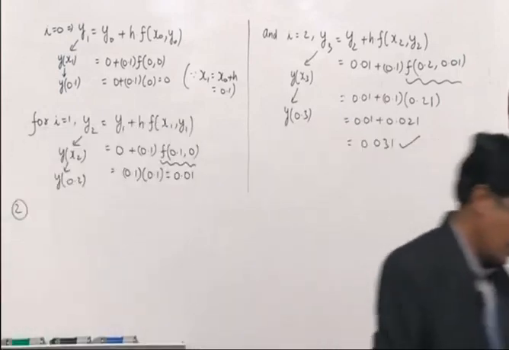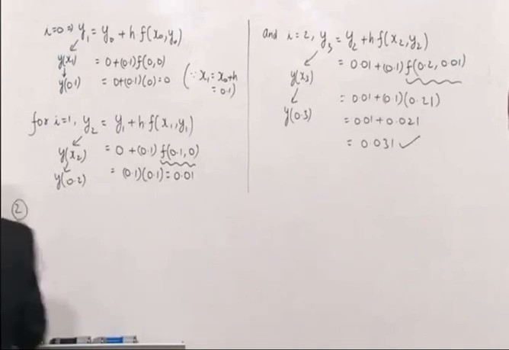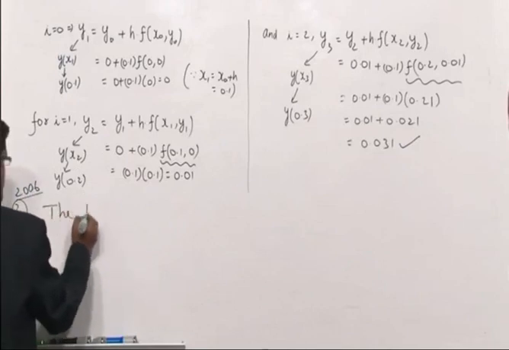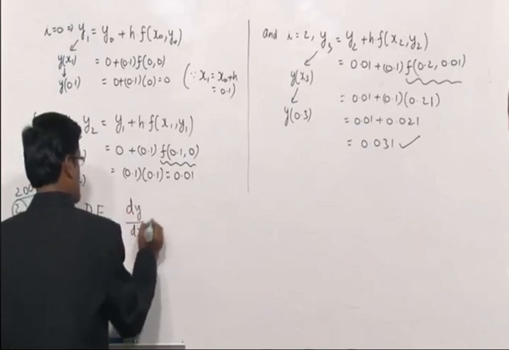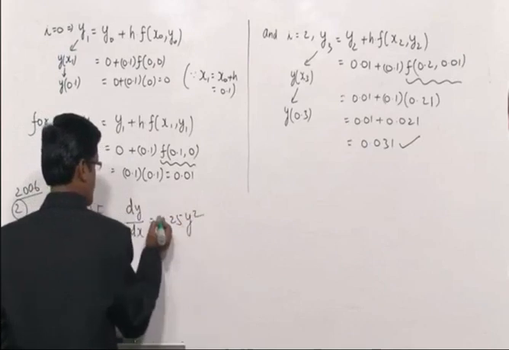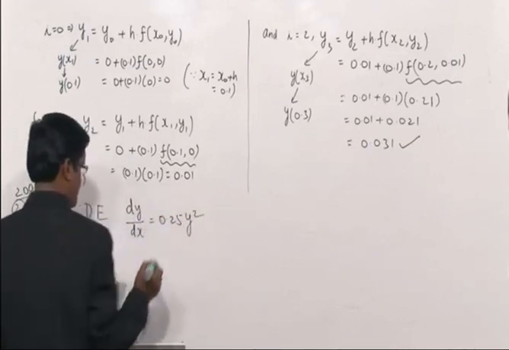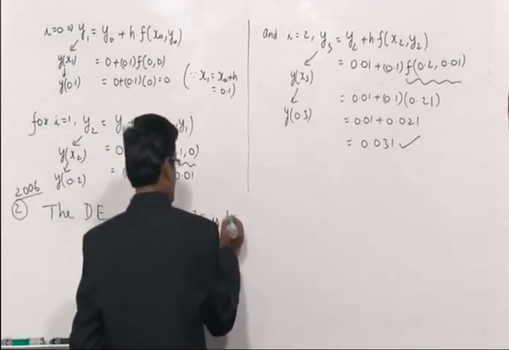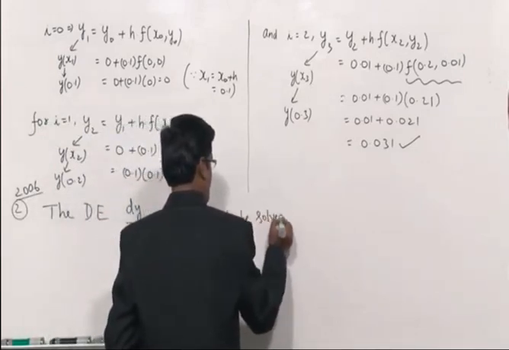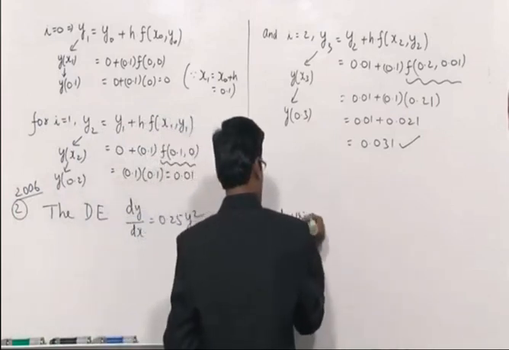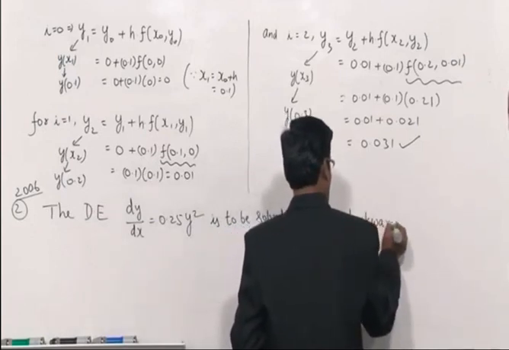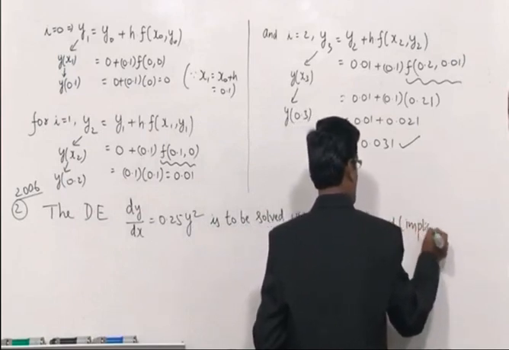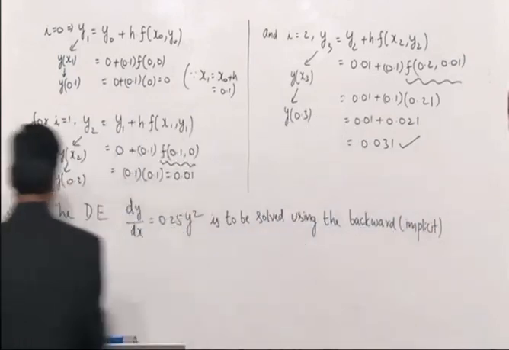Another example, which is given 2 marks, GATE 2006. The differential equation, I am writing short notation, dy by dx is equal to 0.25 y square, is to be solved using the backward Euler's method (the other name is implicit Euler's method)